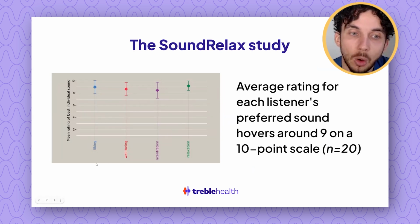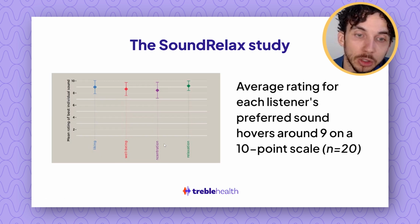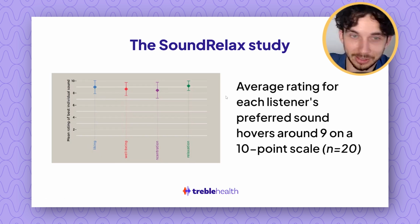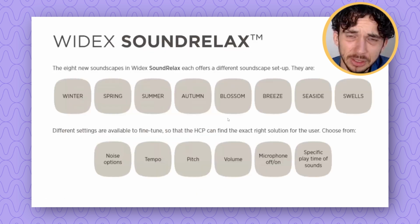For example, how much did you enjoy the sound on a scale of 1 to 10? How much did it affect your well-being or your peace of mind? How much did it affect your ability to concentrate or focus? And then how did it affect your relaxation? So you can see the users here reported that on average, it was between an 8 out of 10 or on average hovering around a 9 out of 10 in terms of their preferred sound and how it affected their day-to-day functioning. So this is a great result, and this is better than any sound therapy that I would compare it to. So this shows us that the SoundRelax gives a lot of benefit to patients